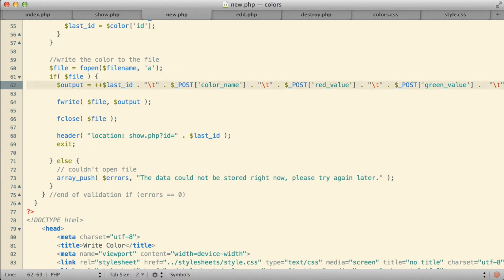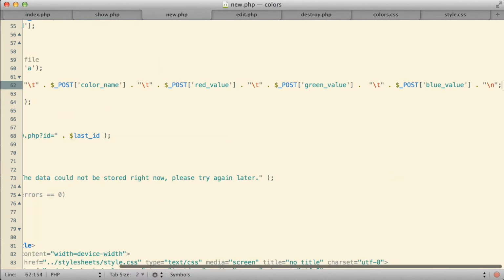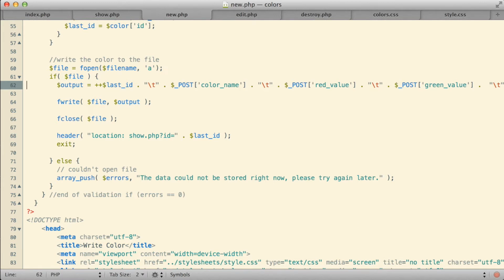Essentially at this point in the new page, and probably in a place or two over in the update page as well. The reason we might want to think about capitalization here would have to do with how we're actually writing the data to the file. The way things work right now is the data gets written out to the file in whatever way the user first entered it. If the user enters mixed case, some upper, some lower, then that's what we write to the file. If the user puts in all lower or all upper, then that's what we write to the file. So at the moment, the data that we're writing to our file has no standardization to it whatsoever.